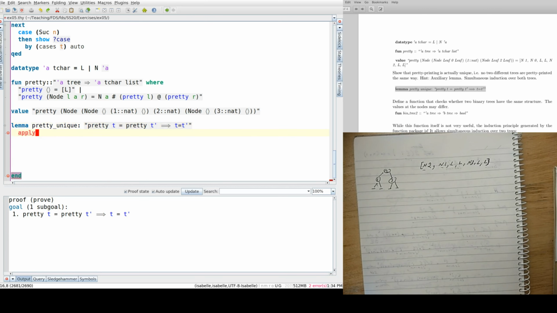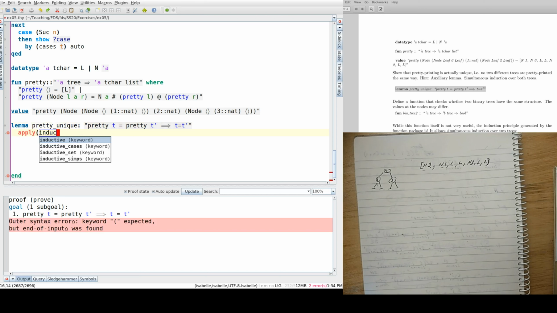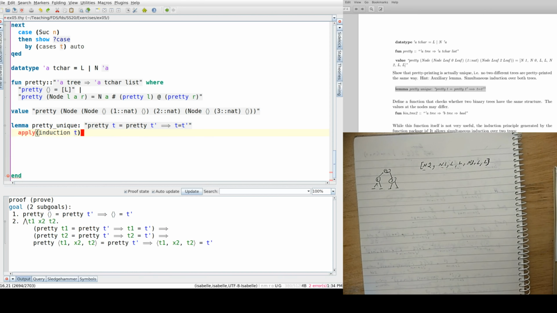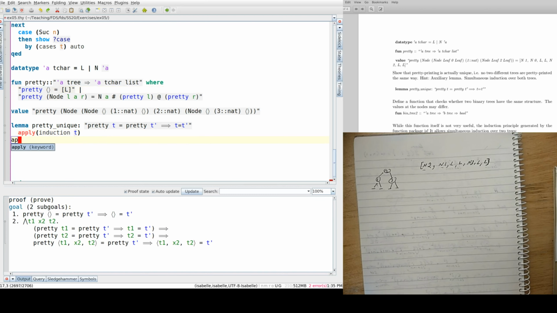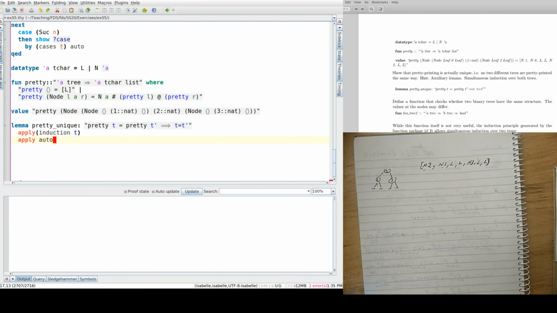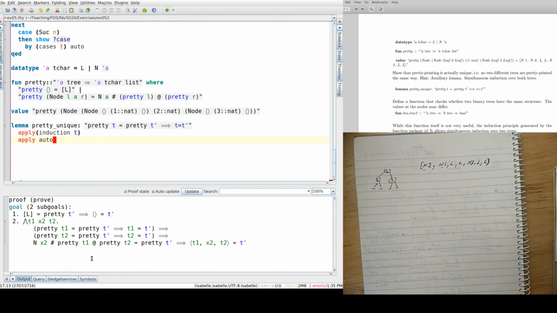So by default, we do the proof by induction on T, because as I said in the earlier tutorials, if the function is primitive recursive on a data type, then you just do the induction on the variable of that data type. Okay, so here we have that, and then let's try auto, and it doesn't work. So here we need to do